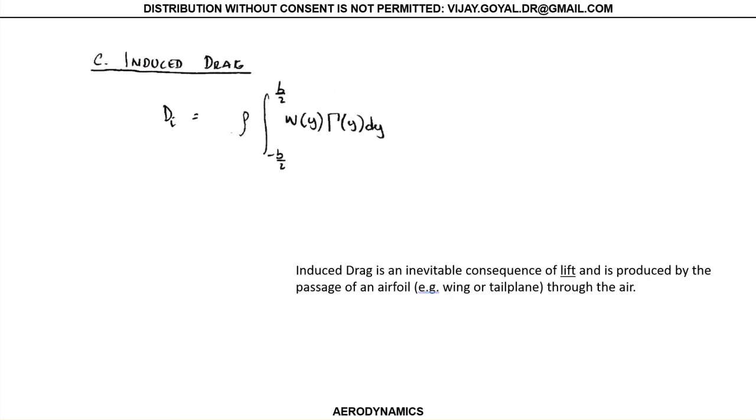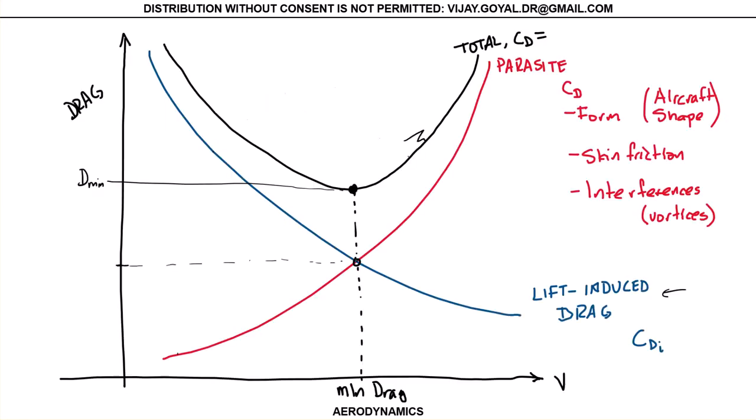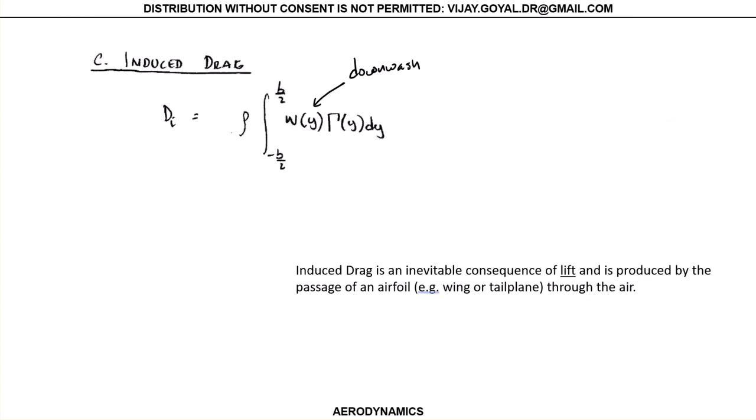A couple more things. The induced drag again is given by this equation, where this is the downwash velocity. So we are working with this to find the induced drag. To do that, we need to find what the downwash velocity is, and I just mentioned to you that's not something that we can avoid. So to find the downwash velocity, what we have is, we know that this is equal to this,